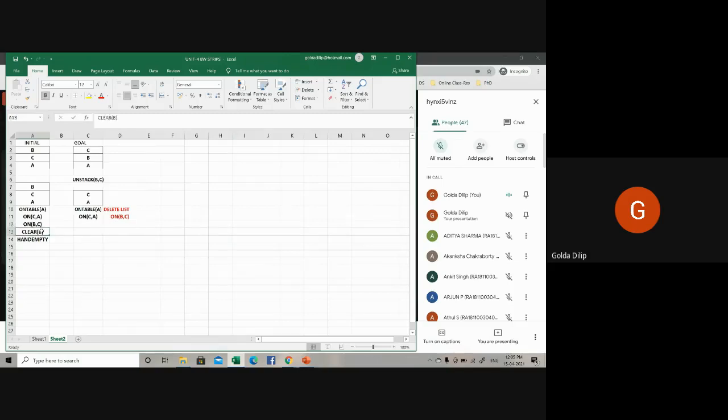Then what about clear B? Clear B also has to be removed. So this also goes to the delete list. For unstack B, C, I cannot have clear B here. So these two go to the delete list.